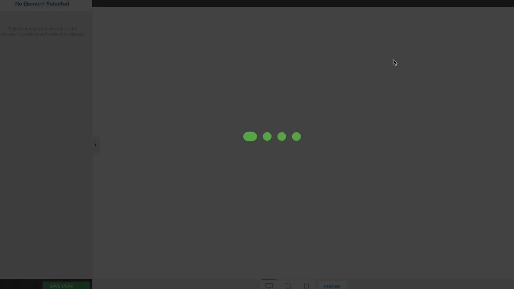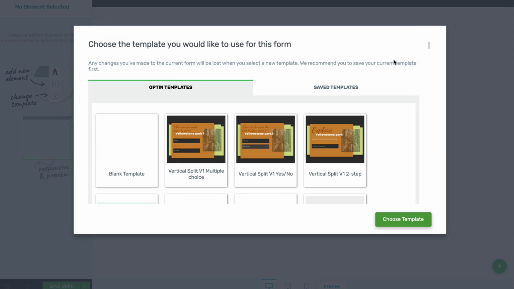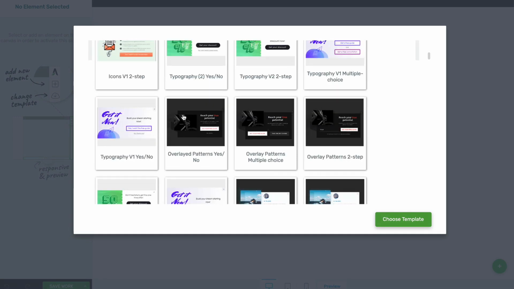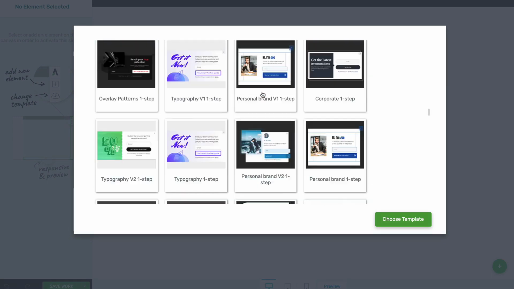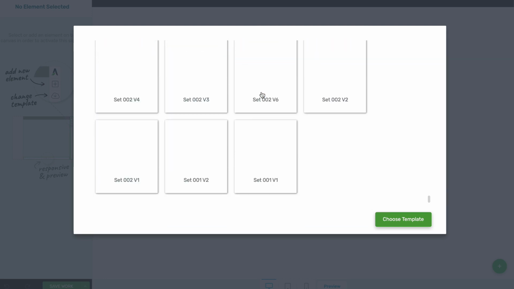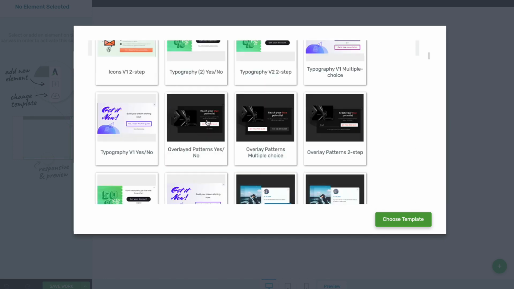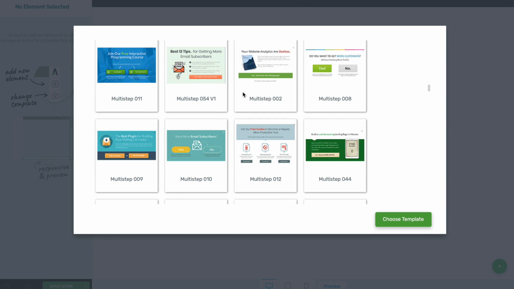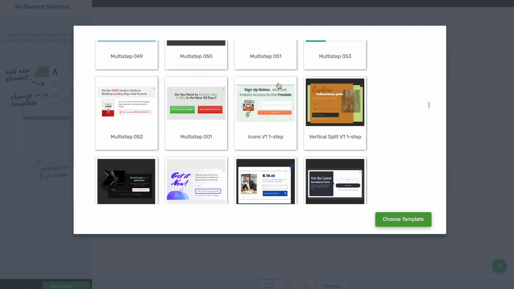I'm not going to show you how to change the design or anything like that. What I'm going to do is show you how to simply set this up, because this isn't really about the design and stuff. You would edit it and change whatever you like. But as you can see, we've got all of these types of templates that we can use to collect emails. I love all of these templates. Here's a really simple one that I like. So I'm going to click this one here and go choose template.